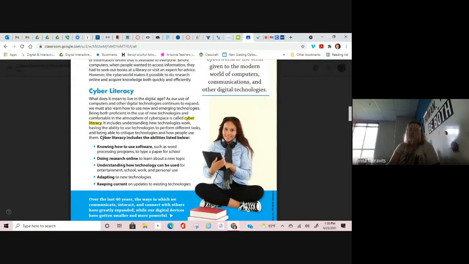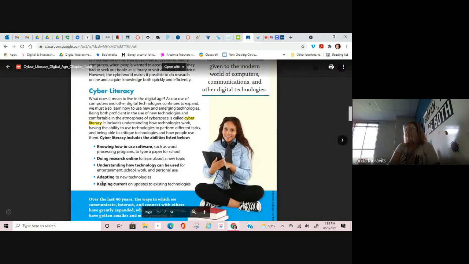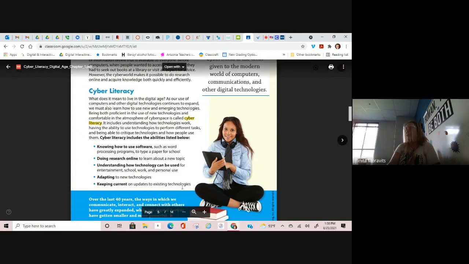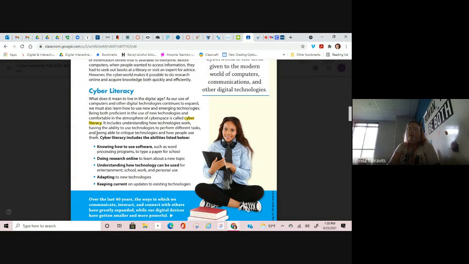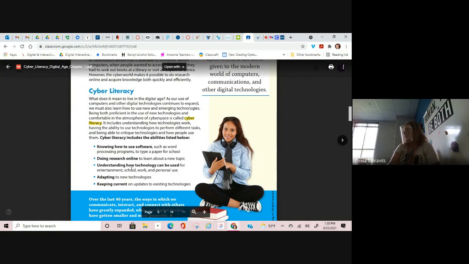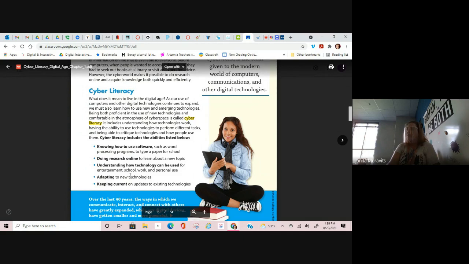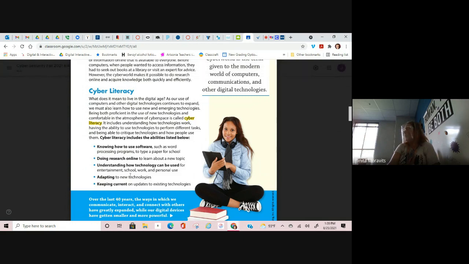Notice down here, this has bold print, and then we have a bulleted list. Typically, when you see that in the text, that means this is important. You might want to write this down. Or you can highlight it, or you can take a little snip of it and save it. But those are notes that are going to be important. And yes, you will have access to this document, but you should take notes on that same sheet that you're defining the key terms.